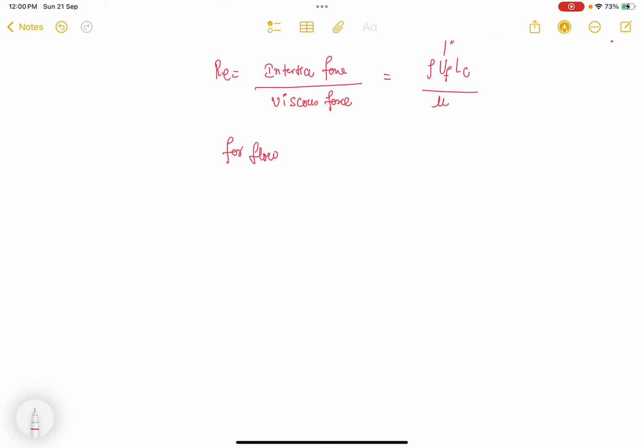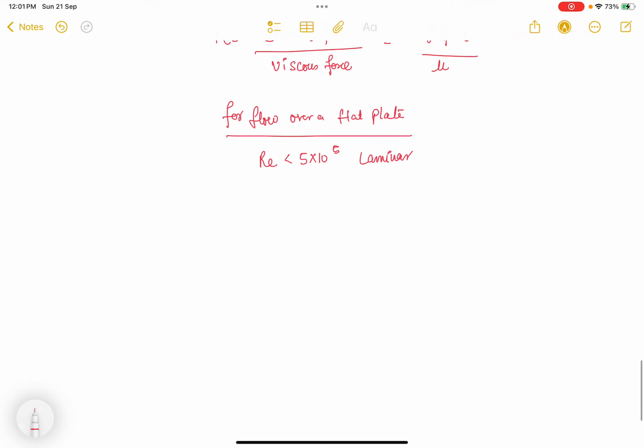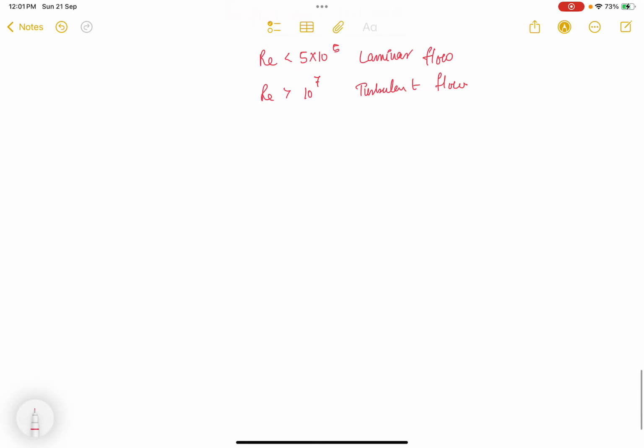For flow over a flat plate, if the Reynolds number is less than 5 times 10 power 5, it is laminar, and if it is greater than 10 power 7, it is turbulent flow. Right,